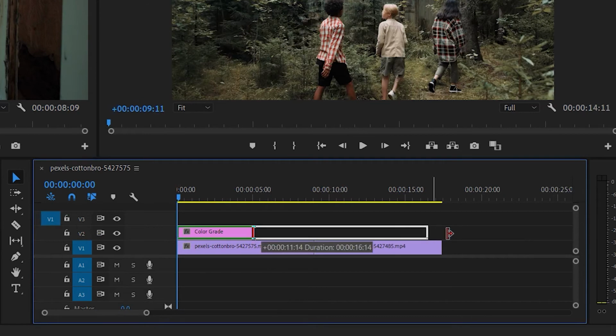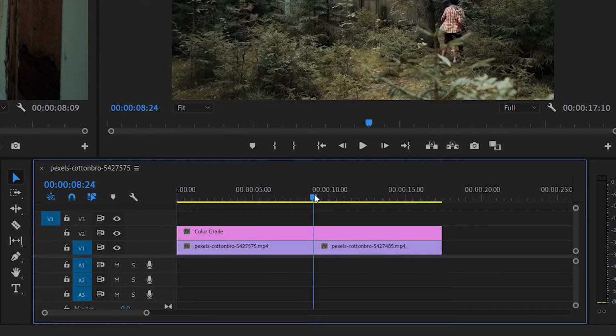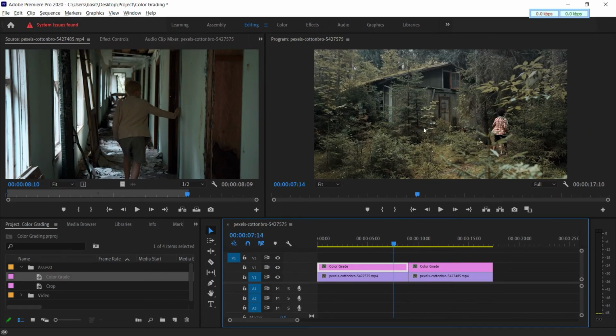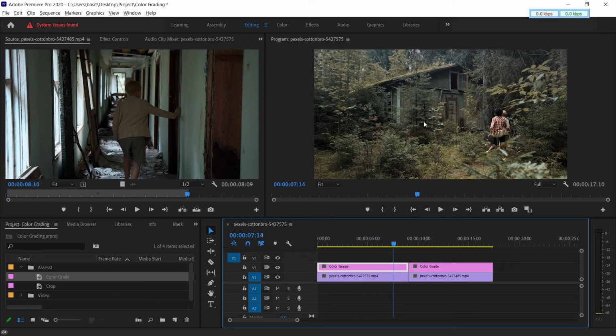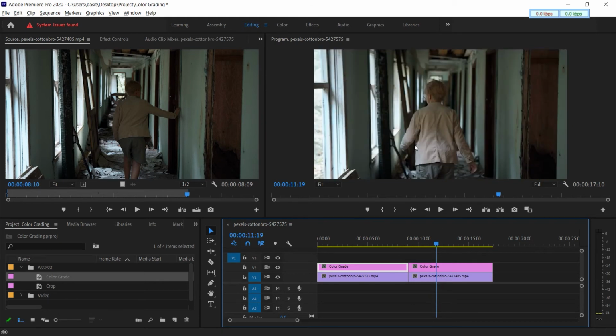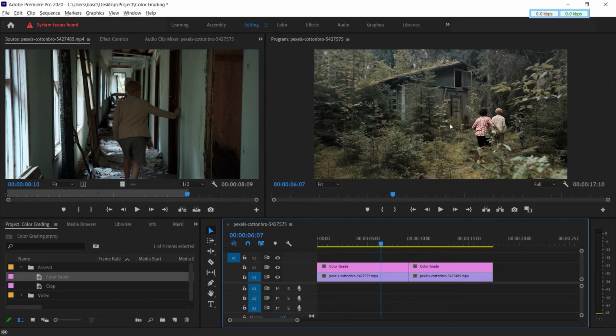Now we will be using our color grading layer and expand it throughout the sequence and make a cut over here. The main purpose of doing this is that we have separated this layer into 2. The video shot here is in an open surrounding, and the footage here is closed, so the exposure in this footage and in this footage is different, so we have to color grade them differently.